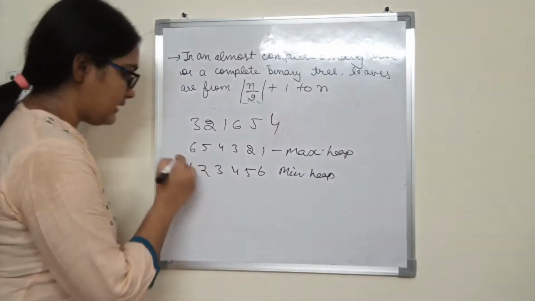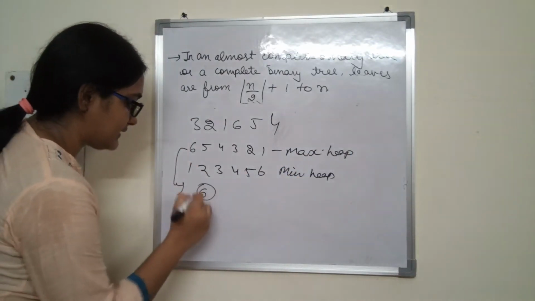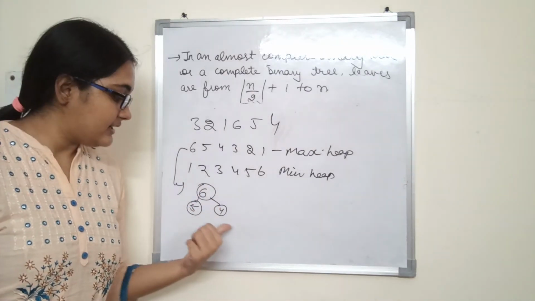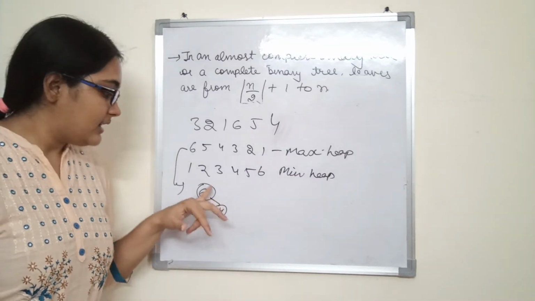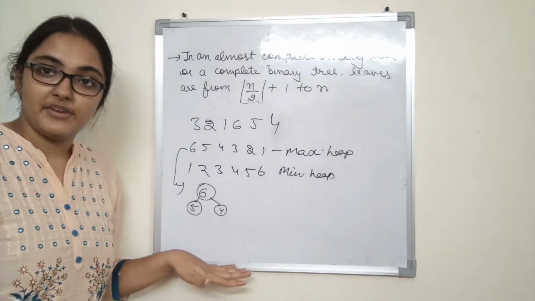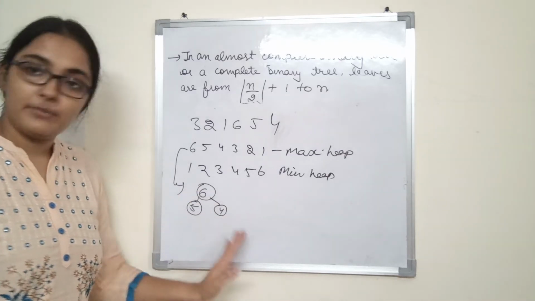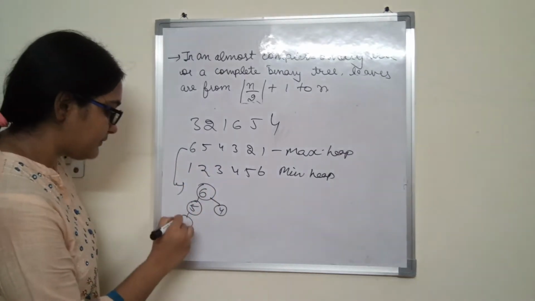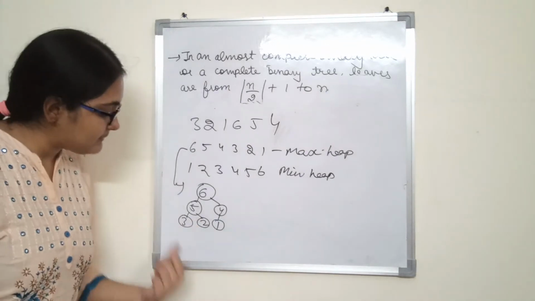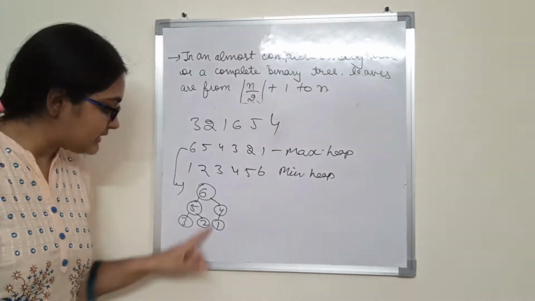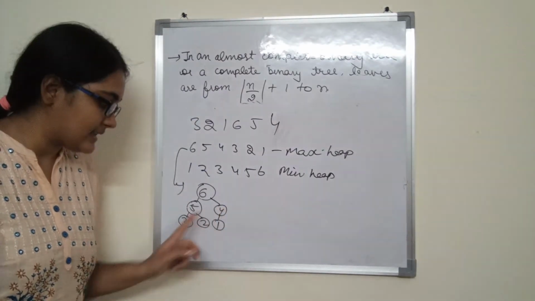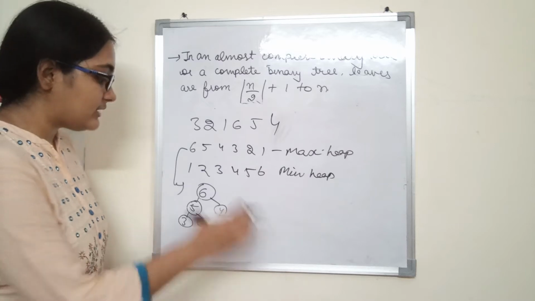How? Let us see the representation. 6, 5, 4. How do we represent an array using the tree structure? We represent it level wise. All levels should be filled except the last level, which should be filled from left to right, right? 6, 5, 4, 3, 2. Is this a max heap? Maximum should be at the root. True. Now for this subtree we check. Is this a max heap? Yes. Is this a max heap? Yes. These are already max heaps. Alright, so this is a max heap.